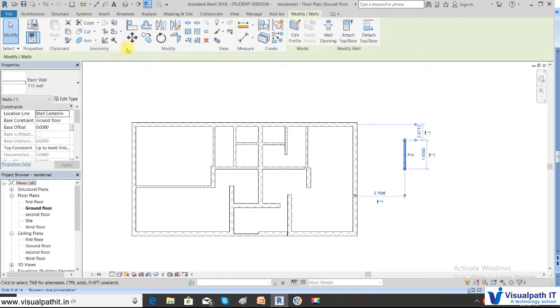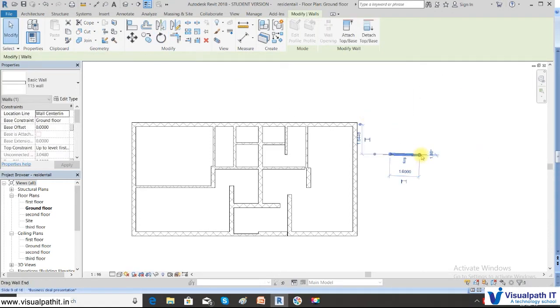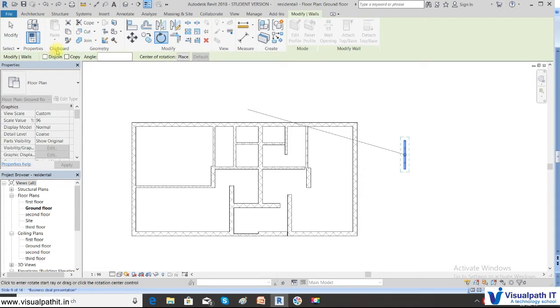Now when I say rotate here, you can type the value 90. If you want to make a copy of it, you will say copy and specify the angle, say 90. Okay, so you have to click the base point of that axis, and then you can rotate it.